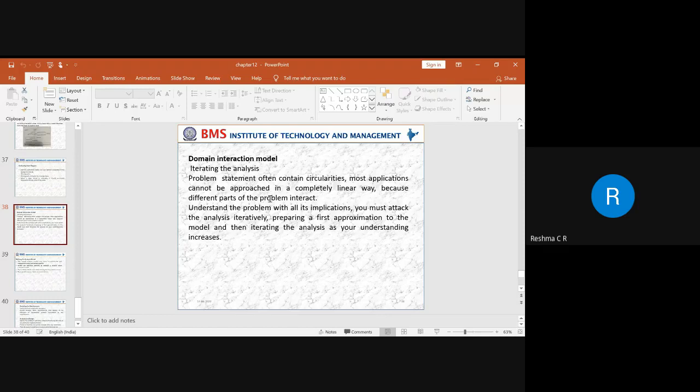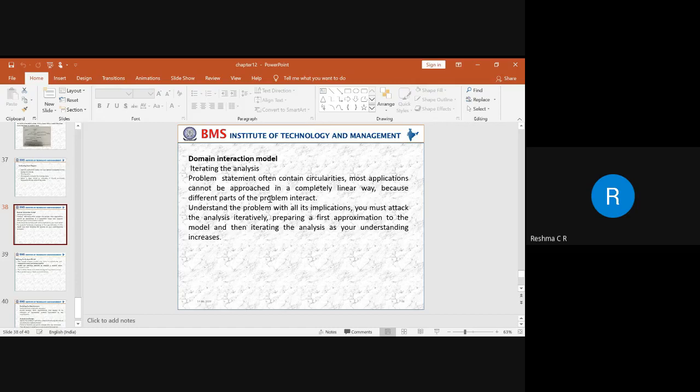In our interaction modeling, first we need to identify the problem statement. Understanding the problem statement is the first step. That is a major step that has to be taken care of. For that, we identify what type of problem statement, what the application is, and what circumstances we are using. What are the different ways that we are trying to use to solve that particular problem?